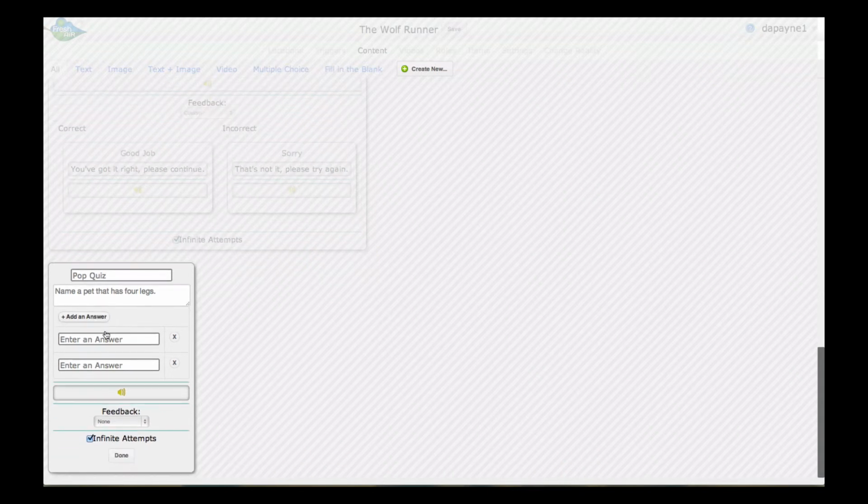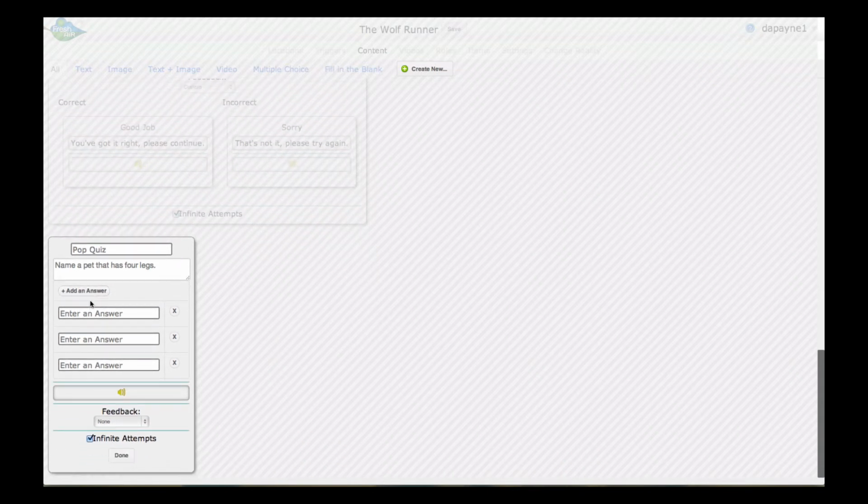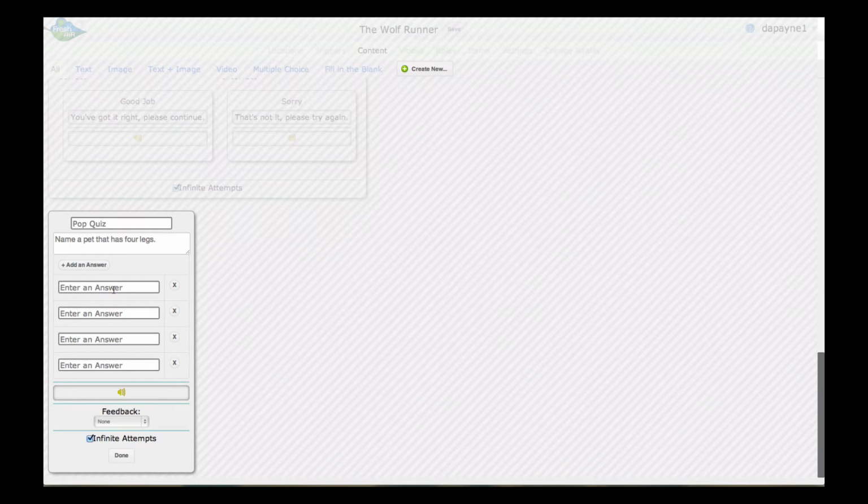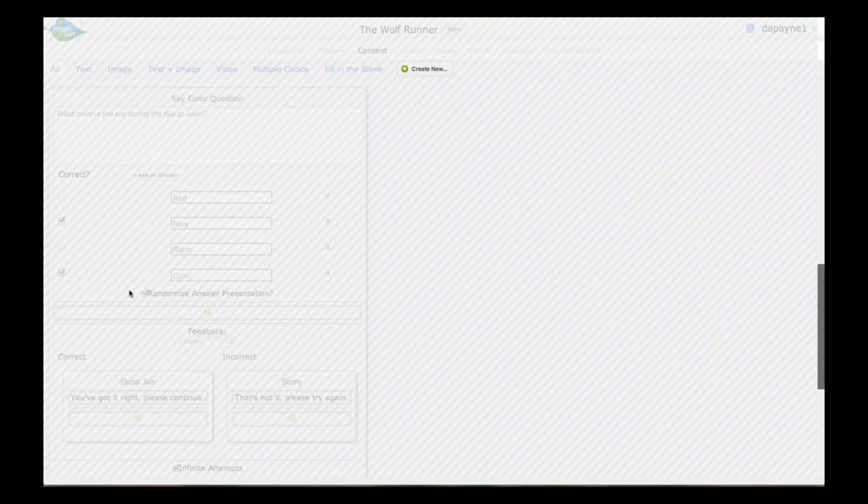Much like multiple choice, you can have as many answers as you wish. As this is a fill-in-the-blank type, any answer you choose from here is the correct answer. Unlike multiple choice, where you're putting both correct and incorrect answers and then setting them whether they're correct or not,